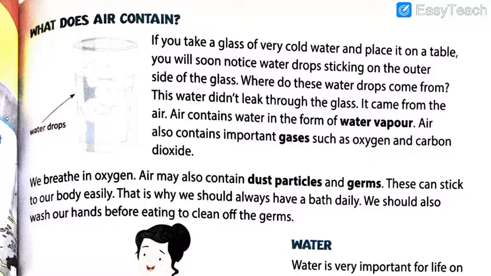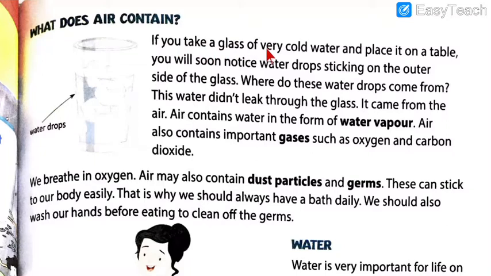What does air contain? Do you know, students, what the air contains? What is there inside the air? You will say, sir, have you gone mad? Nothing is there inside the air. In fact, we cannot see the air. Now, that invisible thing, what will it contain? But let me tell you, air contains a lot of things, a whole lot of things are there inside the air. Yes, I have not gone mad, it is the fact. Let us understand, and this is why the topic is there in the chapter.